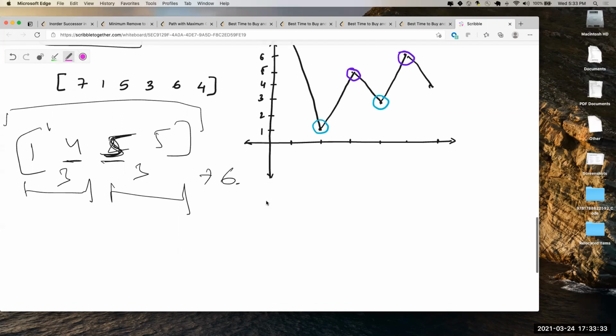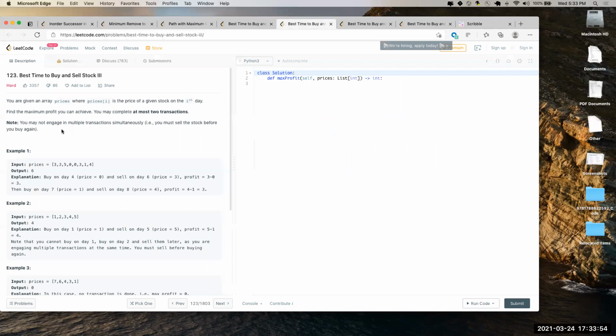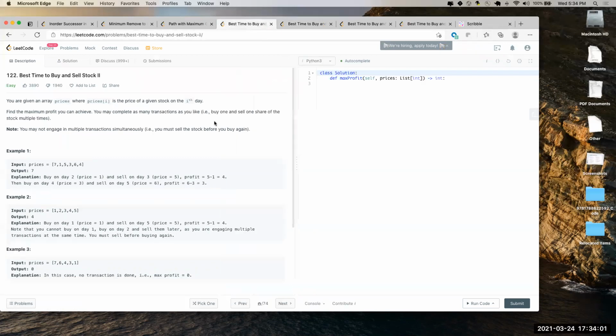So 3 plus 1. The only reason is because we are given that we can do as many transactions as possible. So if I can do infinite transactions, then why not take the profit as soon as the stock goes up? Let's gather that profit, put it into my account, then again buy it, then again wait for the next time it goes up. But if it doesn't go up again, then what do you do? Yeah, but you have already collected your profit. That's exactly the reason why we are collecting as soon as possible. If you collect a profit, then you buy again.